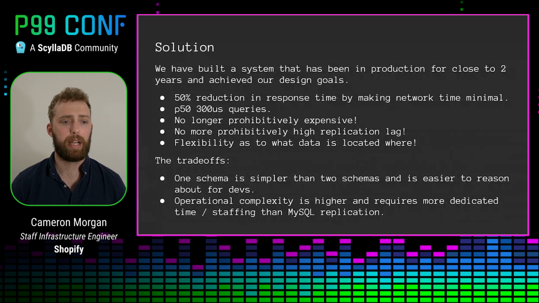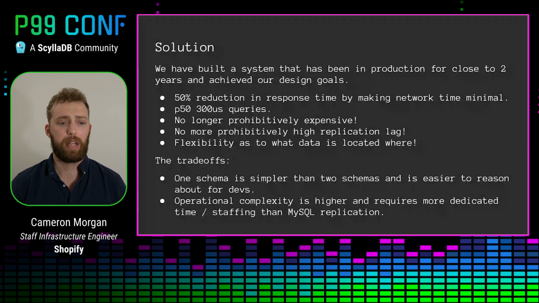We have this reduction in response time for buyers. Our queries are very fast in these databases, P50 of 300 microseconds. That's just InnoDB being InnoDB. We don't have these blockers about replication lag and costs anymore, hence why we've deployed to these different regions. We have some flexibility in the future, so if we need to continuously replicate some subset of data for whatever purpose,